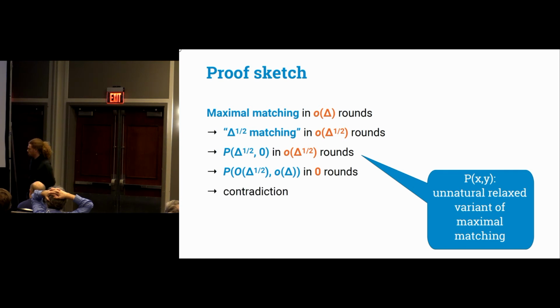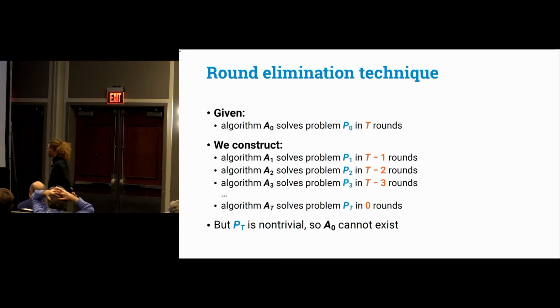So we get a contradiction. Okay. And well, the most interesting part, in my opinion, is between line 3 and 4 to get from this little root delta algorithm to the 0-round algorithm. And the technique we use for that is a technique called round elimination, a relatively young technique, where the idea